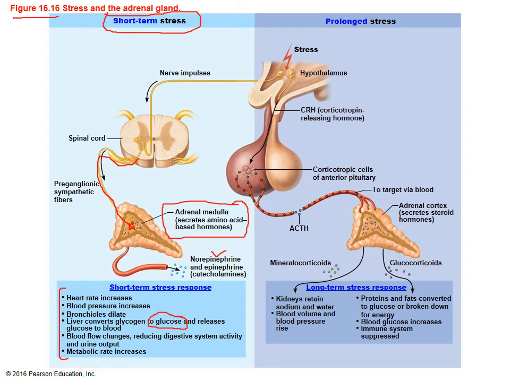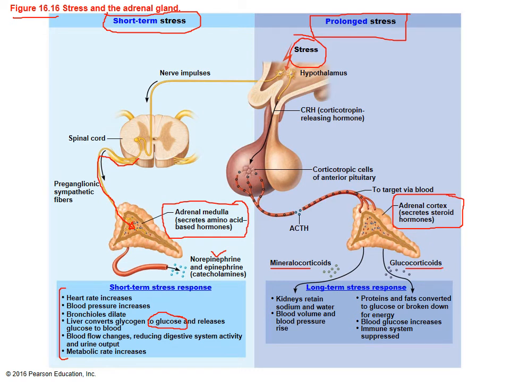If you now make your way over to the other side of the graph, you can see that stress will also affect the cortex section of the adrenal gland. In this case, it will be more of a prolonged stressful situation, and we're going to rely mostly on our mineralocorticoids as well as our glucocorticoids. And if we're looking down, we're going to notice that it involves different parts of the body